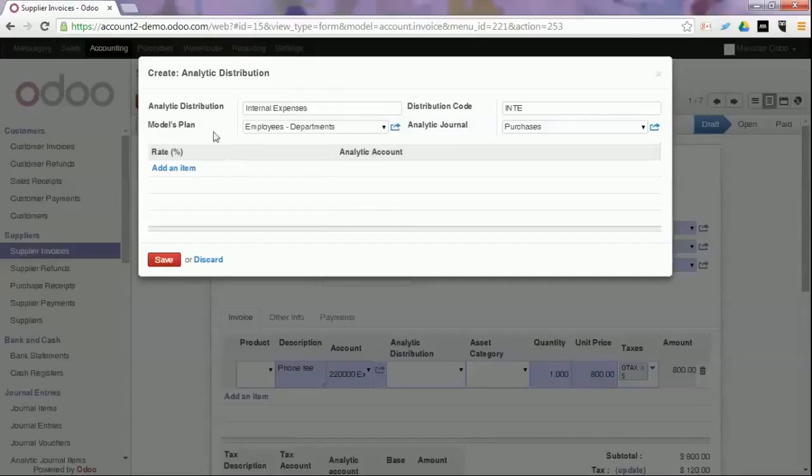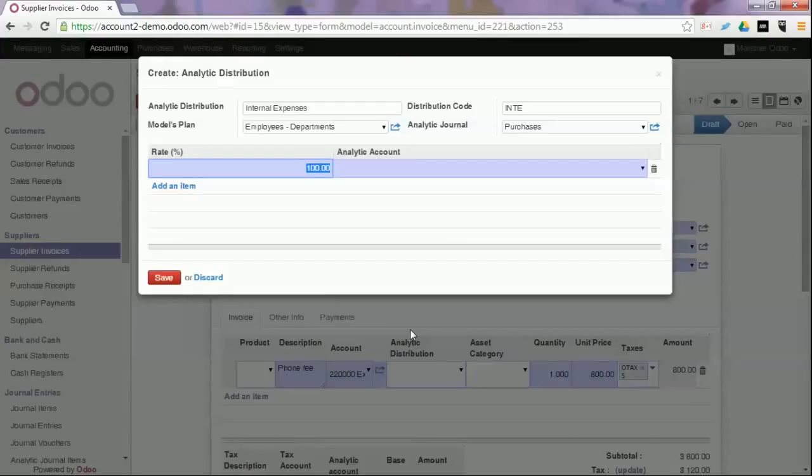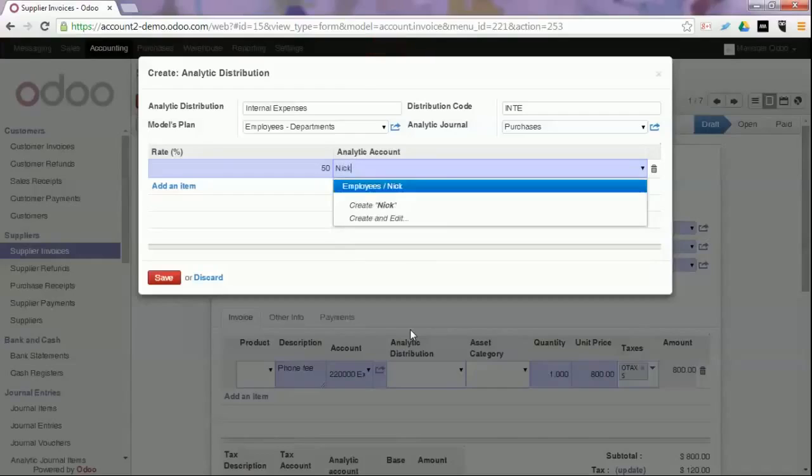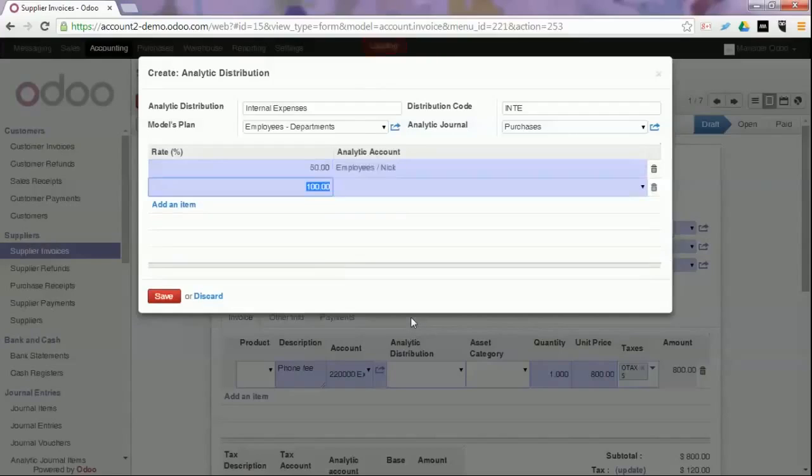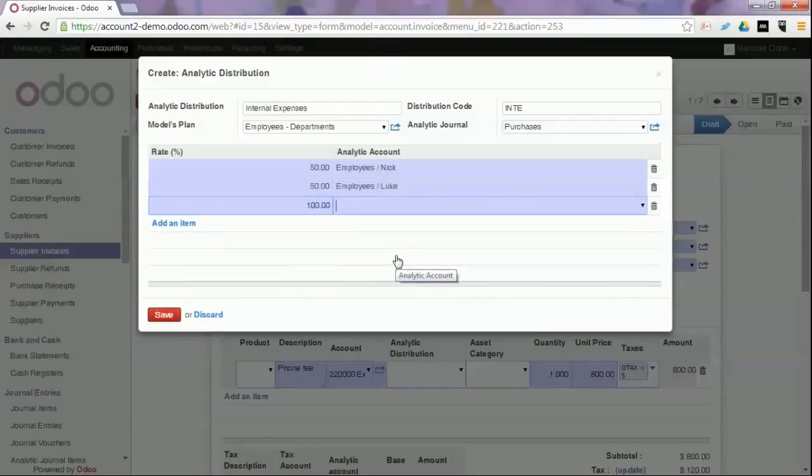Now, we have told Odoo the accounts that we want to use, so it is automatically linked to the analytic journal for purchases because we started to create this analytic distribution from a purchase invoice. So let's say we always want, in this case, 50% to be attributed to Nick. We want 50% to be for Luke, and we want 100% for the sales department. We click save